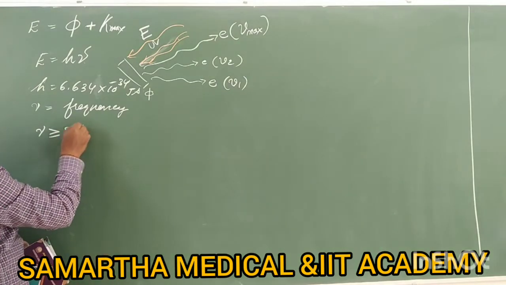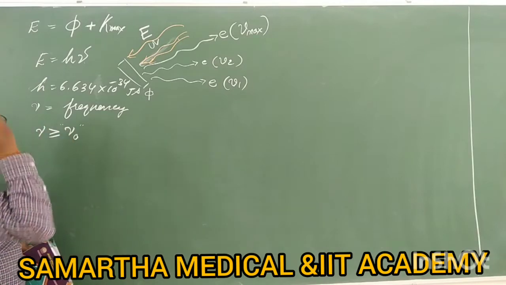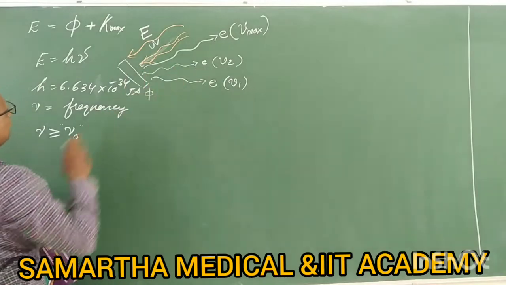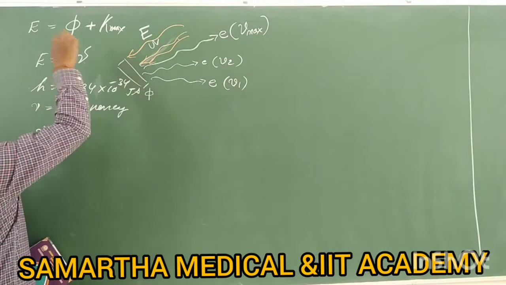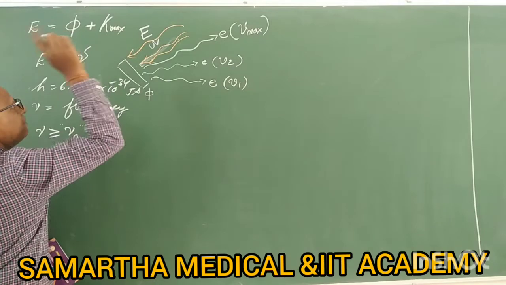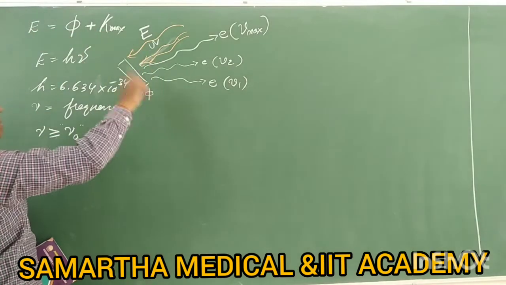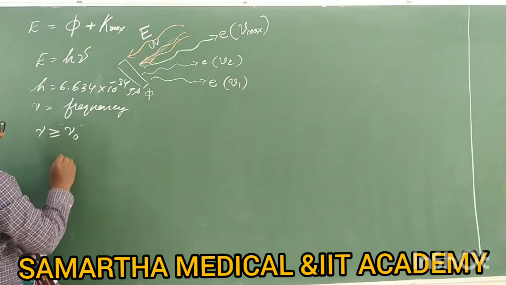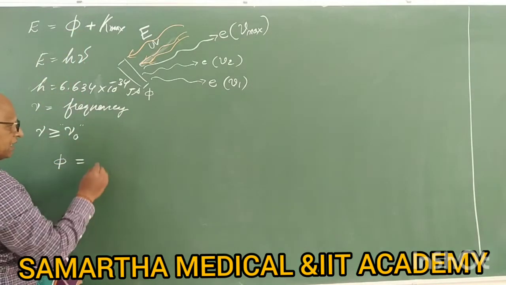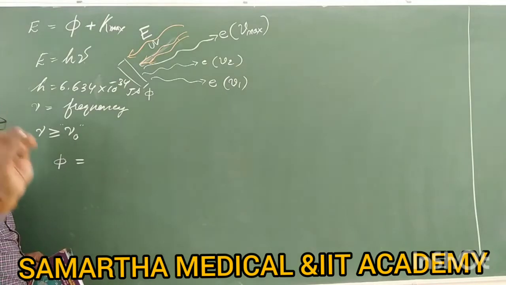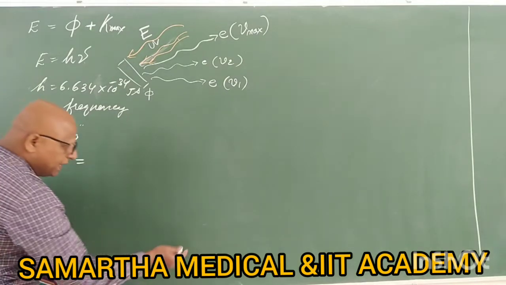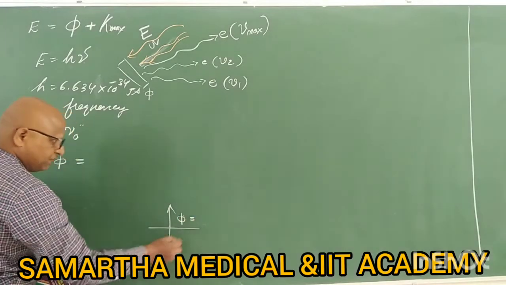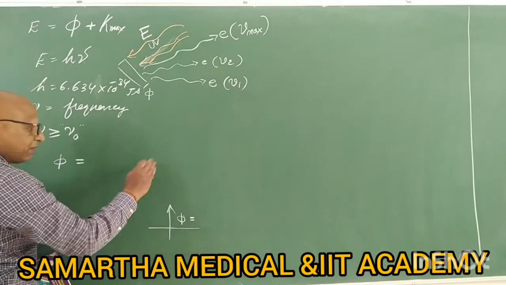What do you mean by threshold frequency? You know, again, the minimum frequency required for the metal to emit electrons out of its surface, minimum energy. So for that minimum energy, you should use the minimum frequency or maximum wavelength. So in other words, work function requires exactly that amount of energy which is sufficient to bring electrons from the metal surface.